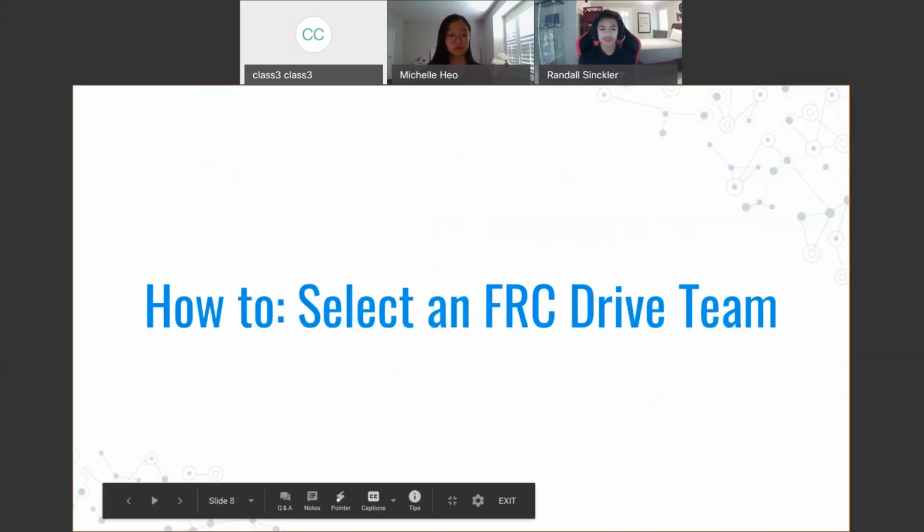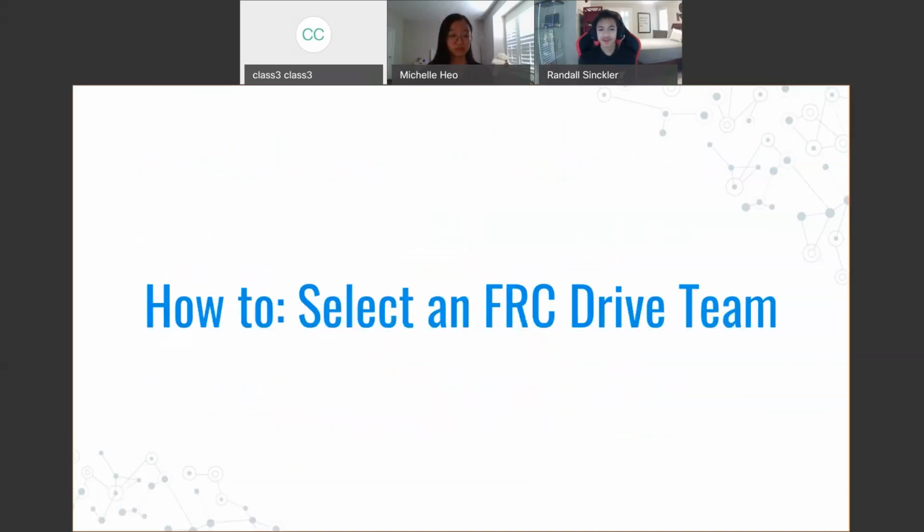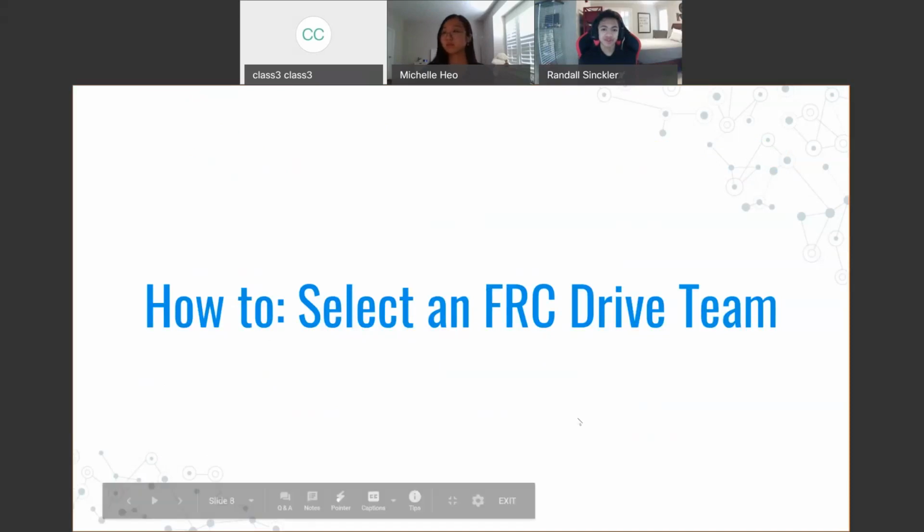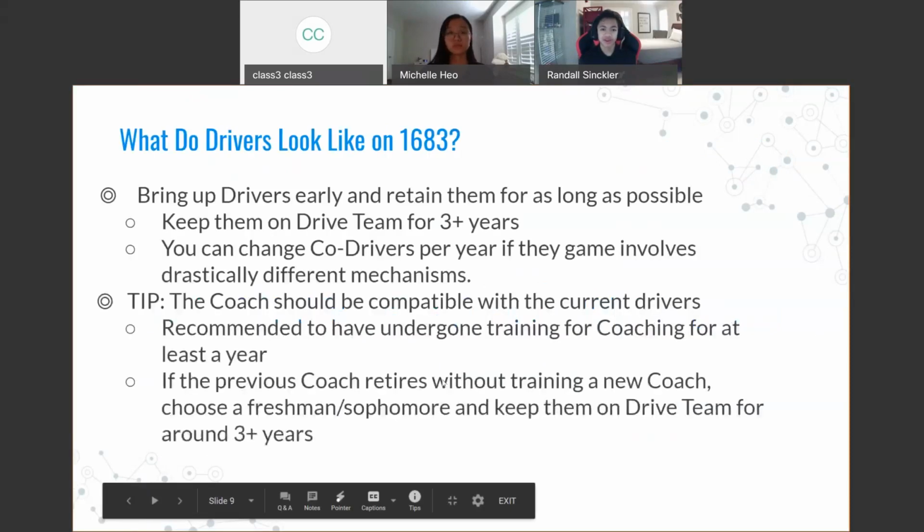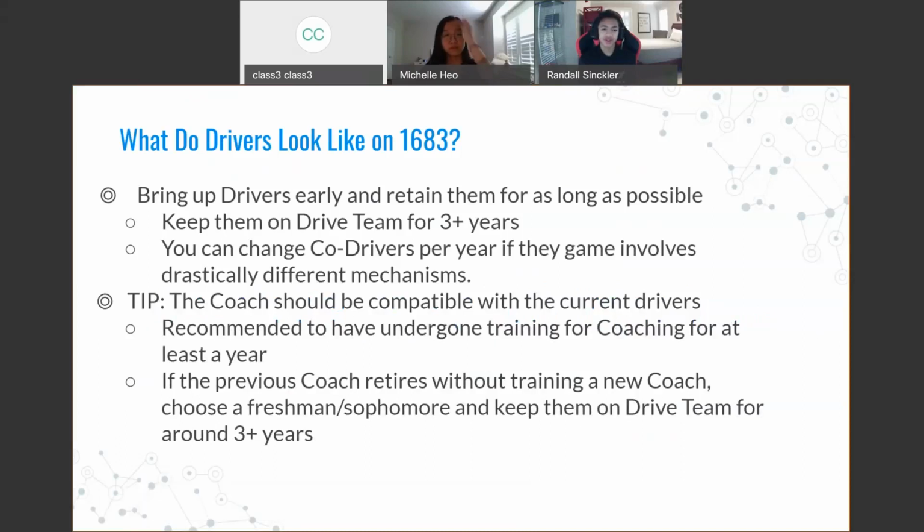So first, we're going to cover how to select an FRC drive team. On our team, we try to choose drivers early and keep them for as long as possible. Someone may be good at driving when you first choose them, but with lots of practice, they'll be even better. The same is true for your co-drivers. Co-drivers should also be chosen early, preferably as a freshman or sophomore, so that they can improve over the years,